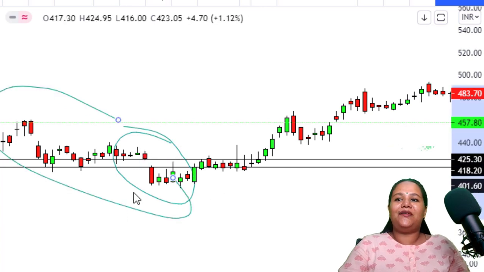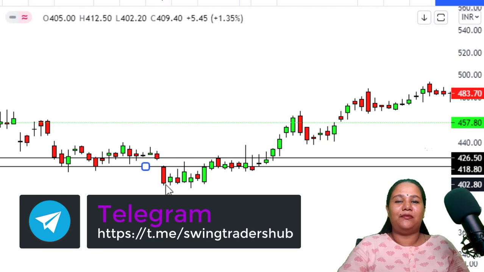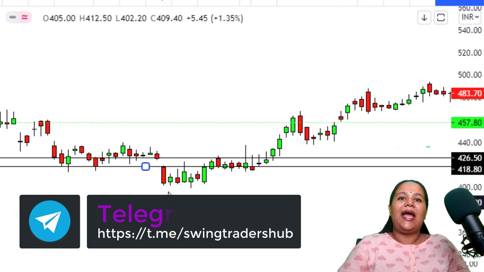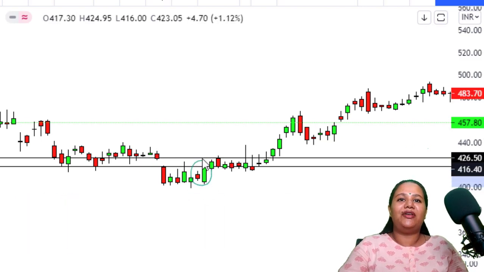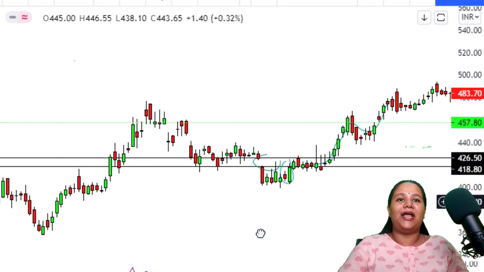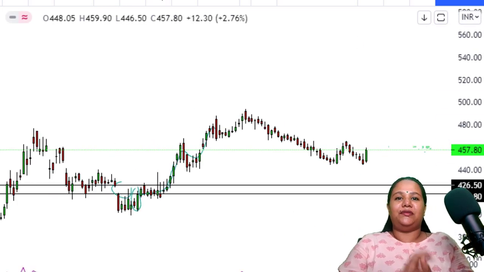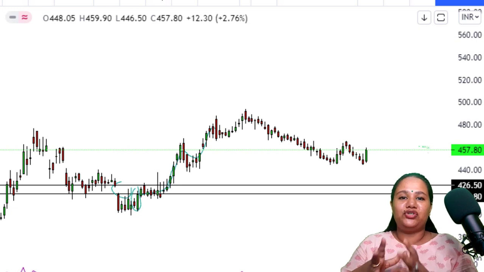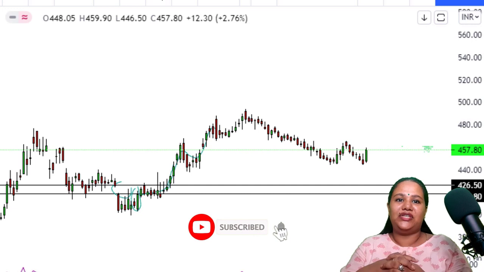What happens eventually is that on the very next day it reverses. The bearishness does not continue, and it eventually forms a bullish engulfing pattern, fills this gap, and tries to go higher and higher. So a new trend is formed, and the market, as you can see, is still going higher. So friends, this is how you actually use gaps for your trading. You can understand the significance of these gaps, so that you can take decisions accordingly.